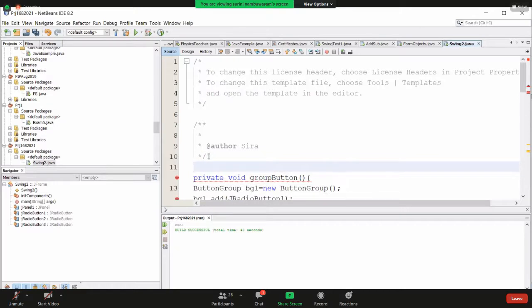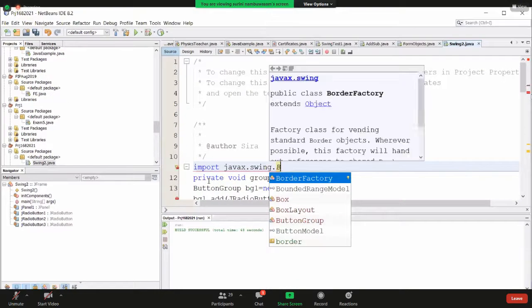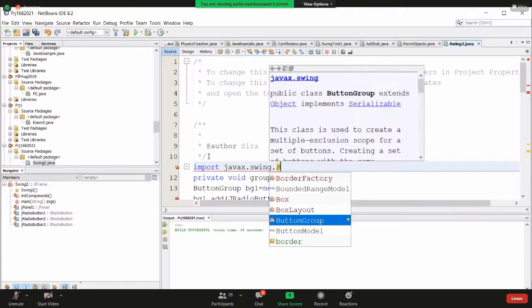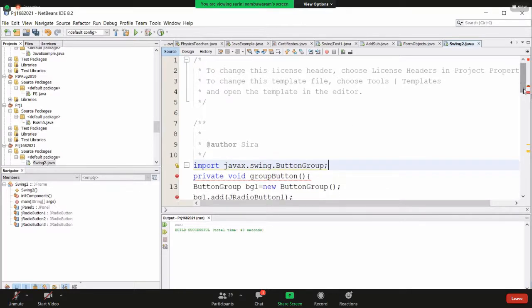Then say import javax.swing.ButtonGroup. Then it will give underlining only for this.